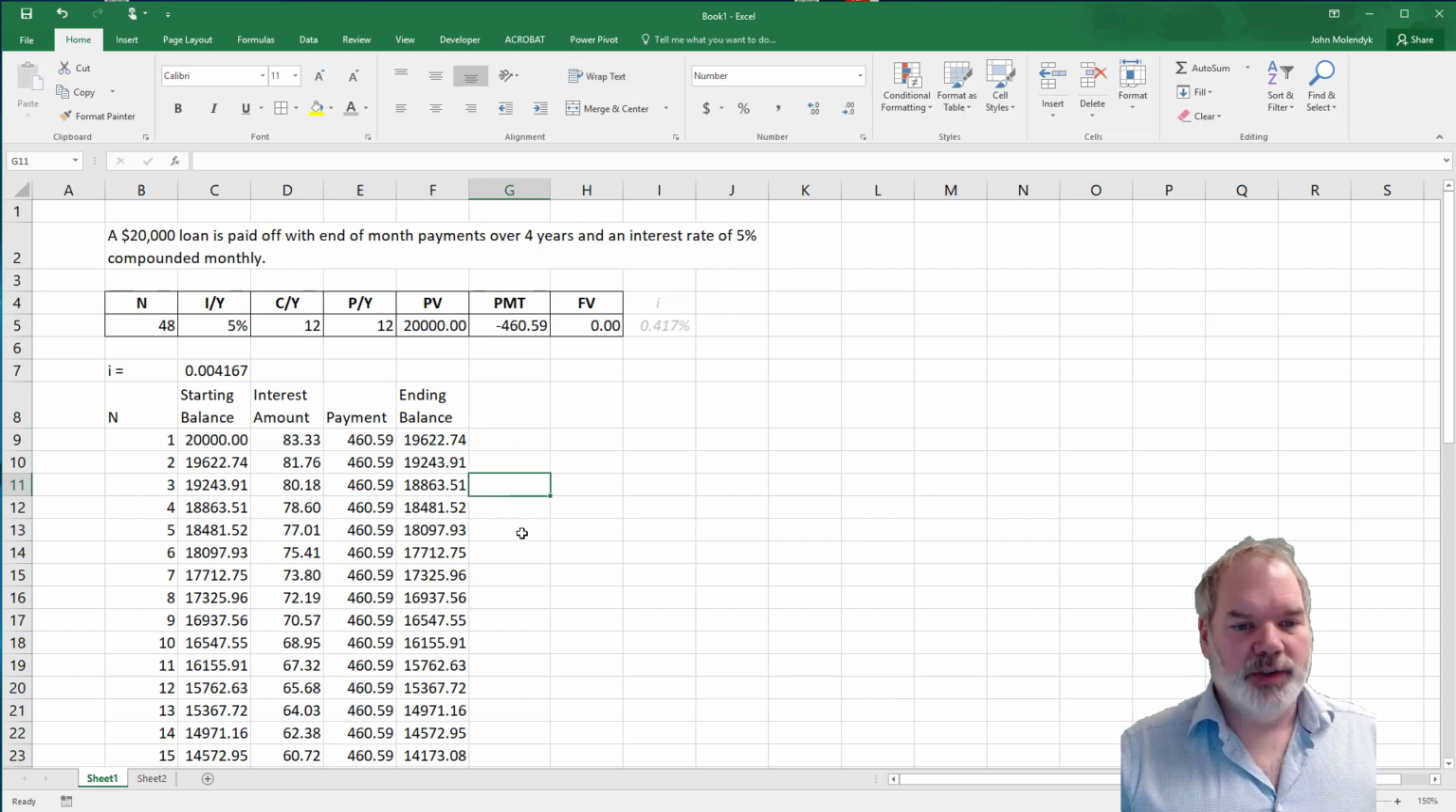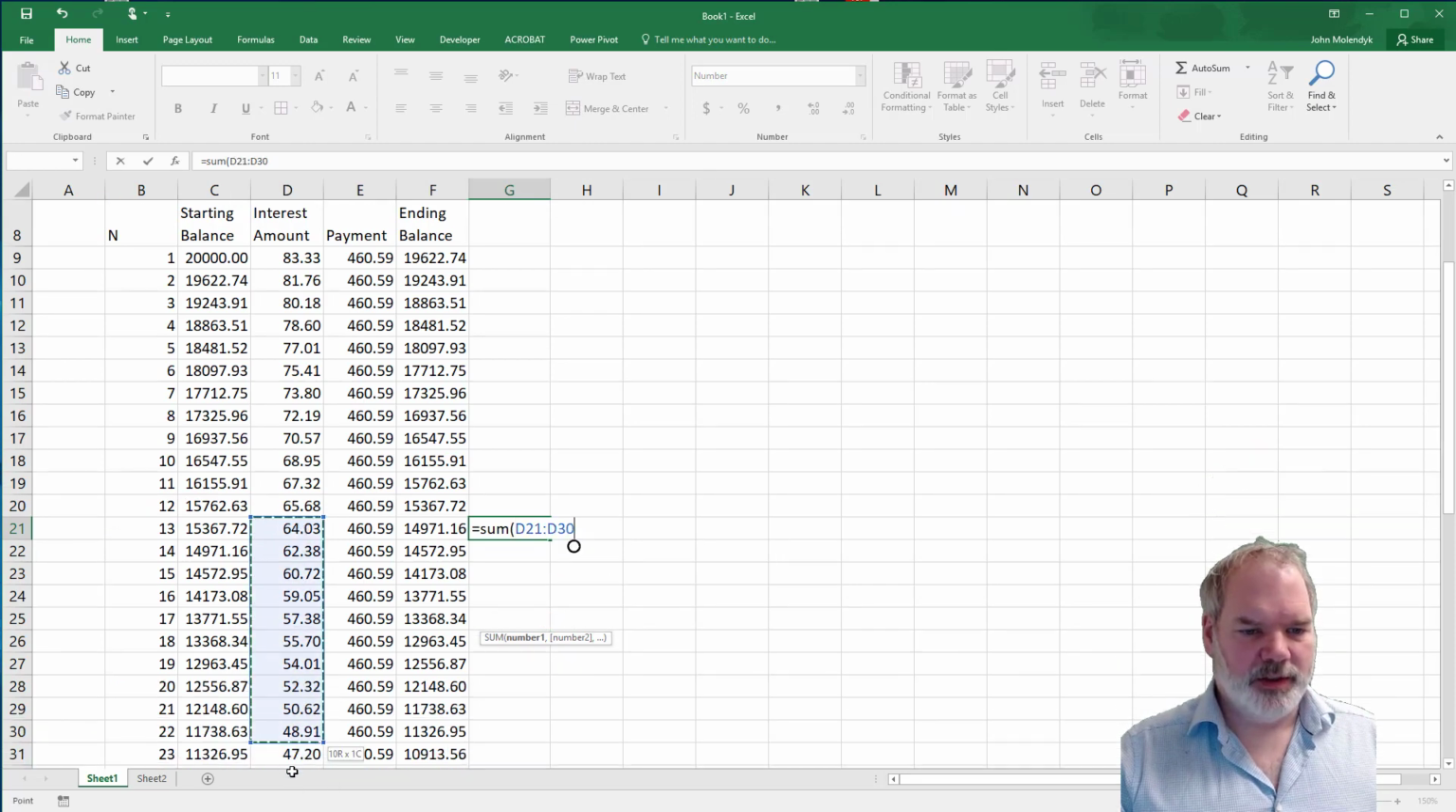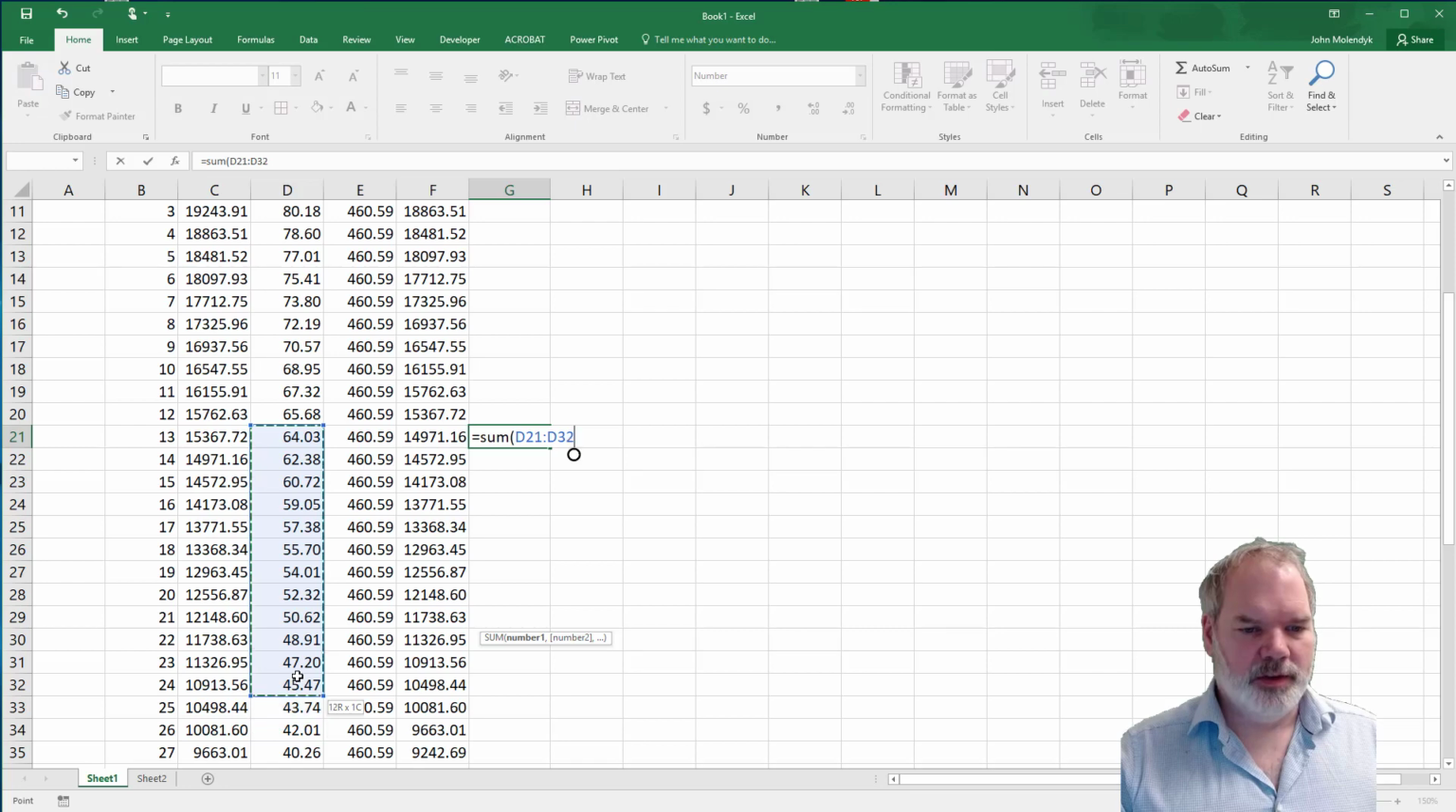And then we could do something like, if we're looking at doing taxes and we have 1 full year. So this is the first year, and the second year starts here. I could say this equals the sum of, well, I want to know the interest amount from the 13th to the 24th payment. I can sum those up, and we'd see that in that year we paid